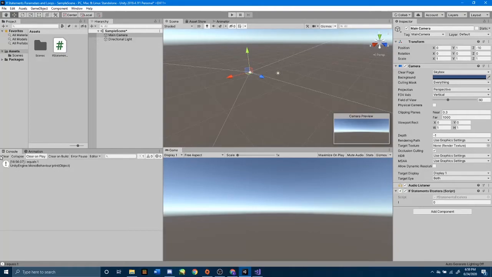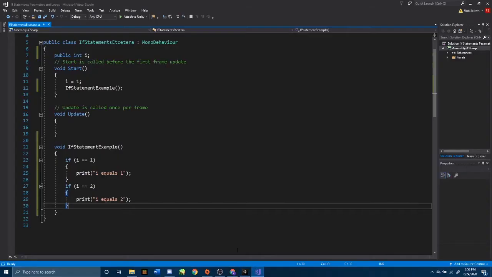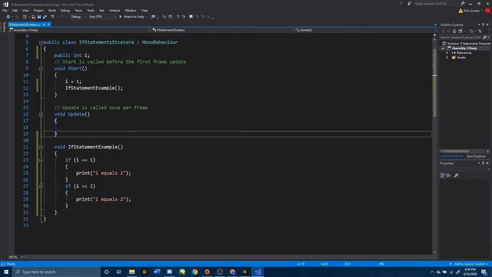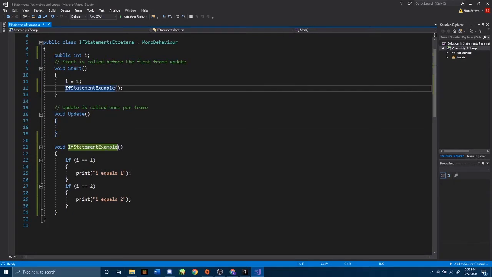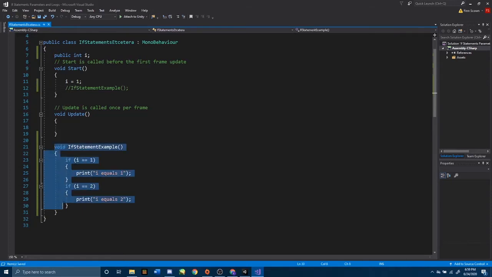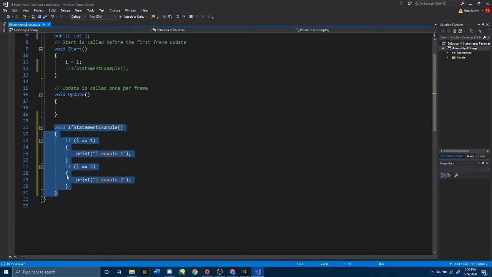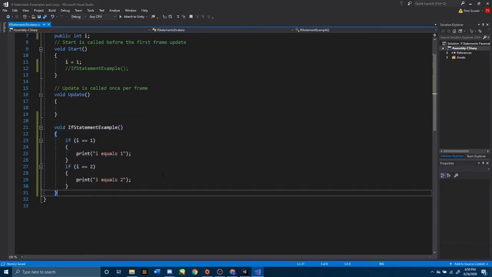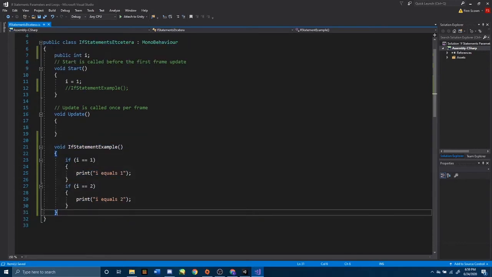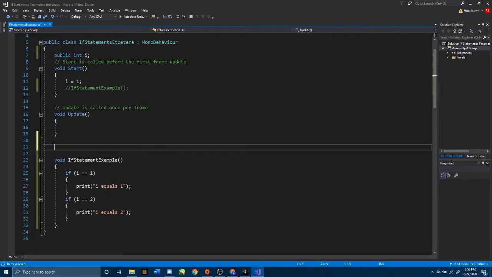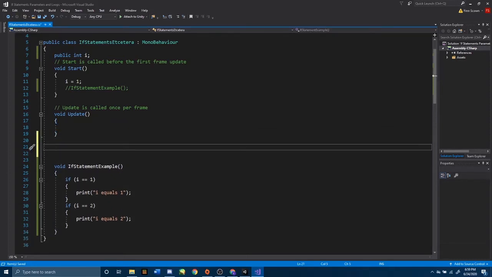Let's press clear on our console and go back to our code. Now I'm going to comment that out of the start function because we do not want that to be called anymore. But we have that right here. That is not going anywhere, and if we need to refer to it, we can. I am going to place a function right before that if statement example, and I am going to call it